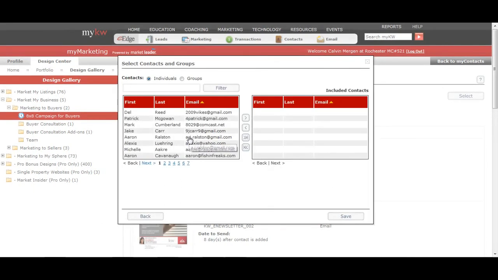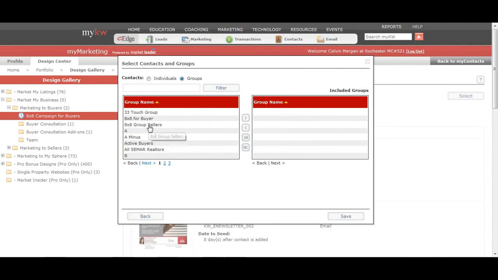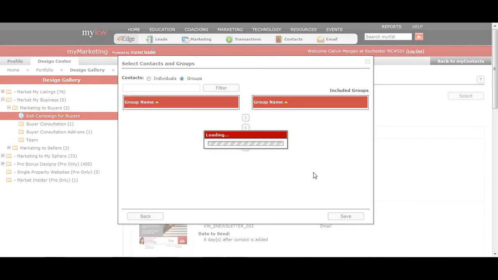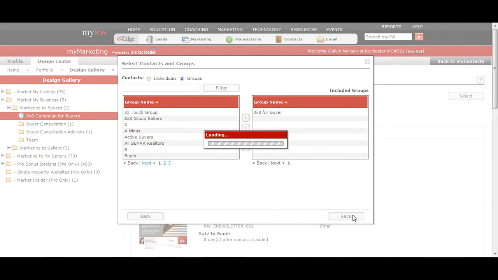And I don't want to add individuals to it, because if I do individual, every single time I add somebody to my database, I have to come and do this and add them to the campaign. Or if I go to group, I go 8x8 for buyer, add that group to the campaign. Then anytime I add somebody to that group, they automatically go on the campaign. So I hit save,